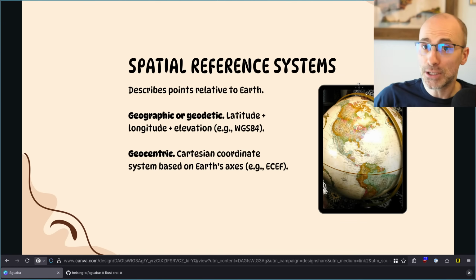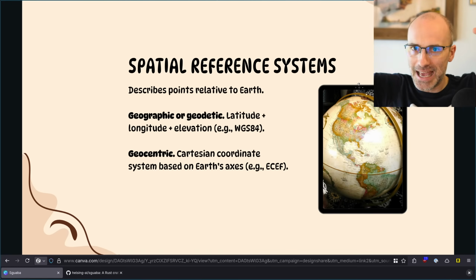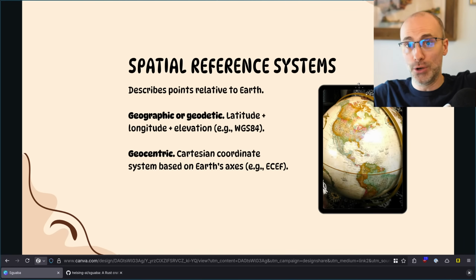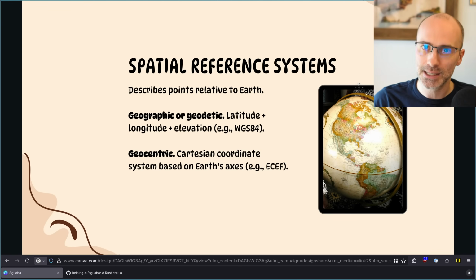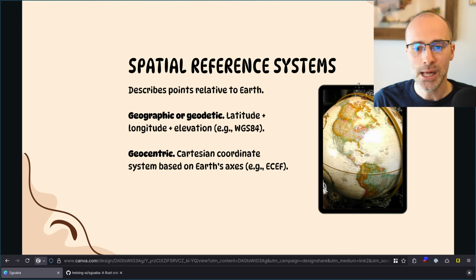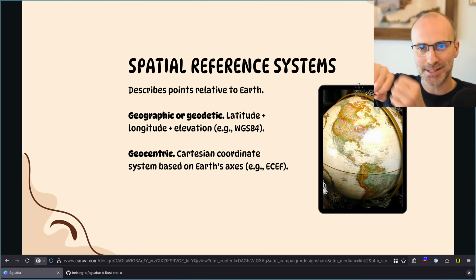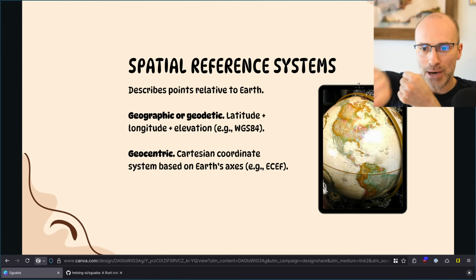Then we have spatial reference systems. These are the opposite end of it, which is where is something on Earth? This is normally what we think of as geographic or geodetic coordinates, like latitude, longitude, and elevation, like WGS84. But there are also XYZ coordinate systems around Earth, like ECEF, Earth-centered, Earth-fixed, which is a Cartesian coordinate system where the x-axis goes from the center of the Earth and out through 0 latitude, 0 longitude.